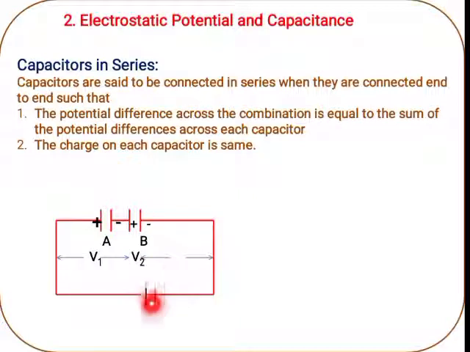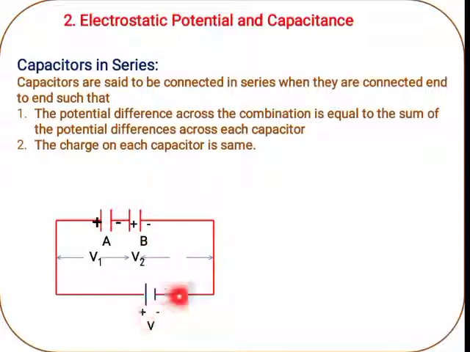So this is a battery. We know that this is the symbol for the battery. Unequal parallel lines are nothing but a battery. I named these capacitors A and B. So this is one capacitor A, another capacitor B. Each plate is charged. One is a positively charged plate, another one is negatively charged. Similarly in capacitor B also, this plate is positively charged and this plate is negatively charged.